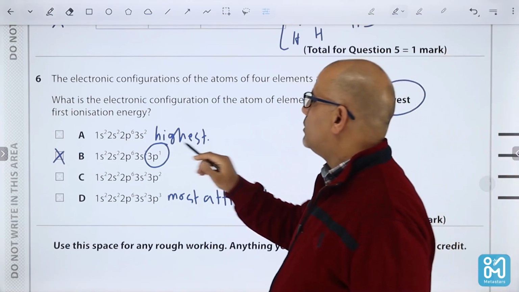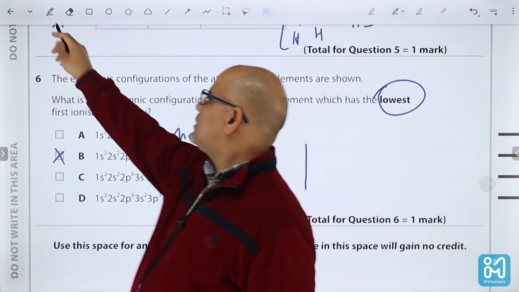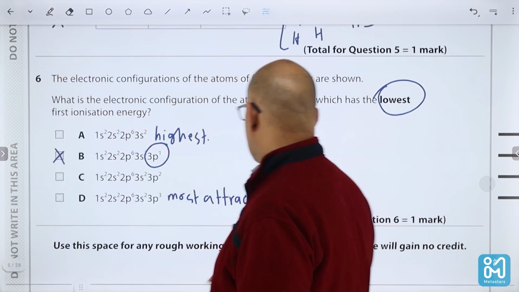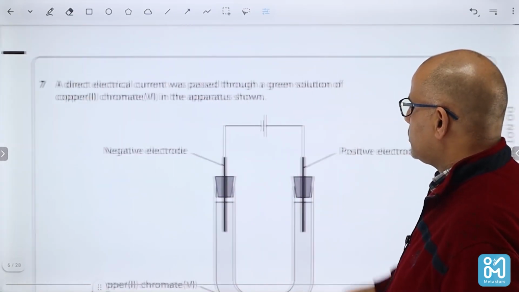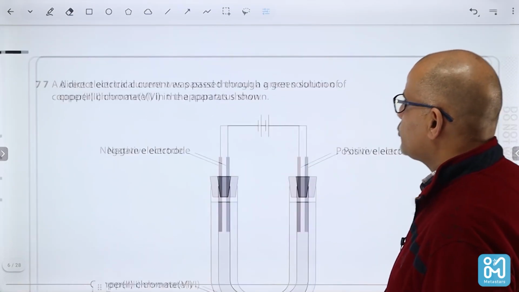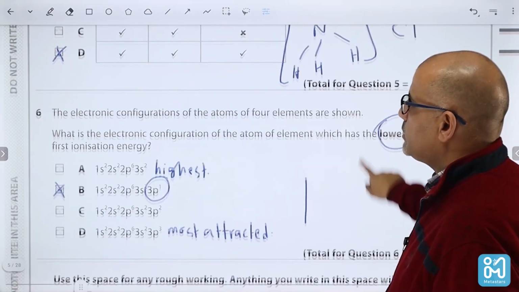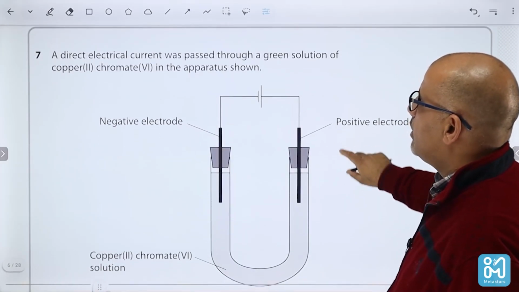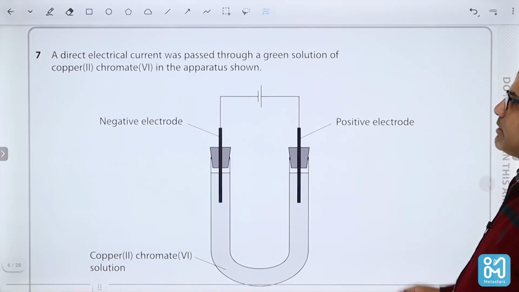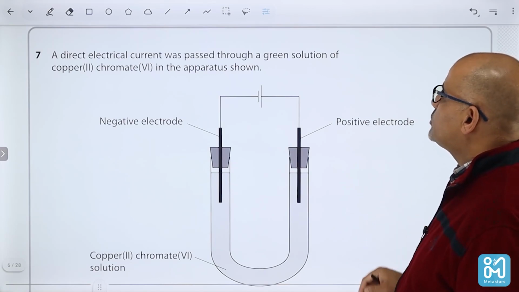Now, for the next question, question 7. Yes, we finished question 6. Now, question 7. Okay. A direct electrical current was passed through the green solution